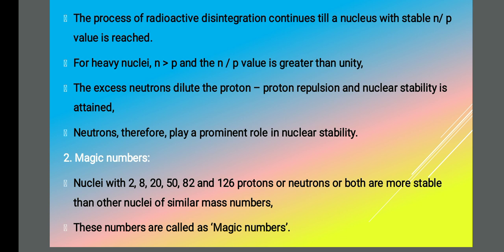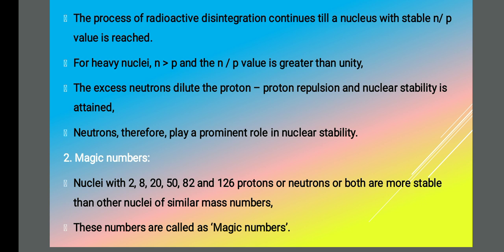So nuclei with 2, 8, 20, 50, 82, 126 இவ்வளோ வேல்யூ ஞாபகம் வச்சுக்கோங்க. மேஜிக் நம்பர்ஸ் இதெல்லாம். Nuclei with 2, 8, 20, 50, 82, 126 புரோட்டானாக இருக்கலாம் அல்லது நியூட்ரானாக இருக்கலாம், இல்லை ரெண்டும் சேர்த்து இந்த நம்பர் இருக்கலாம். Are said to be more stable and they're said to be highly stable. In other words, அதோட ப்ரோட்டான் நம்பராக இருக்கலாம் அல்லது நம்பர் ஆஃப் நியூட்ரானாக இருக்கலாம் அல்லது போத் அல்லது இட் மே ஹேவ் இட்ஸ் மாஸ் நம்பர் திஸ் நம்பர். ஸோ திஸ் nuclei is said to be highly stable and this number is said to be magic number. Is it okay?